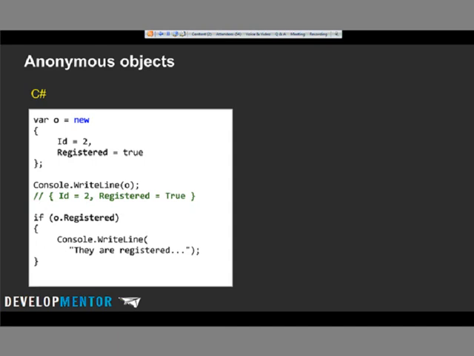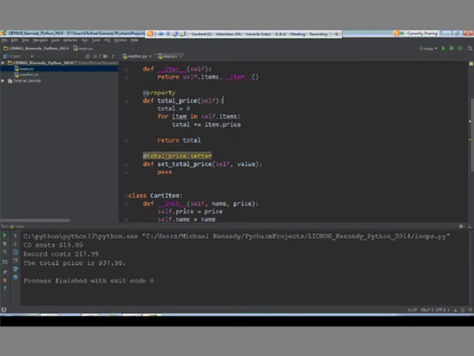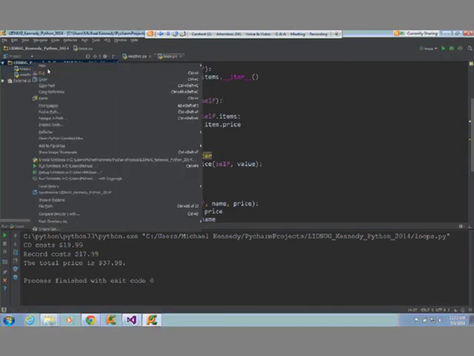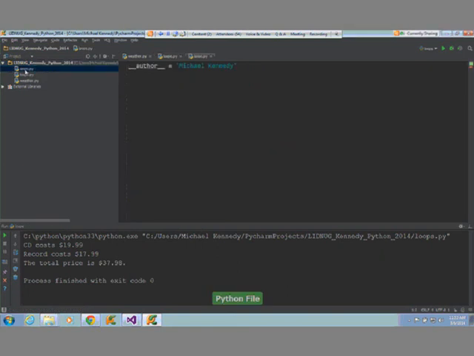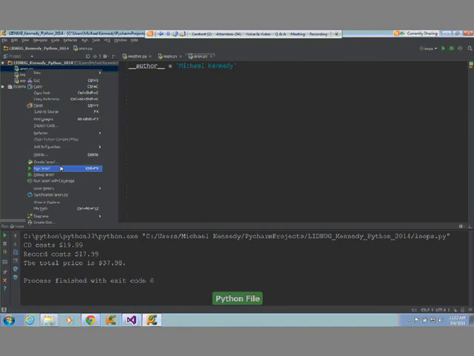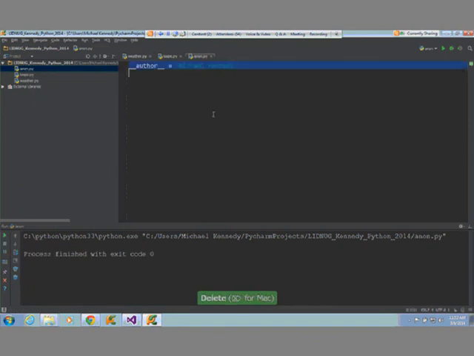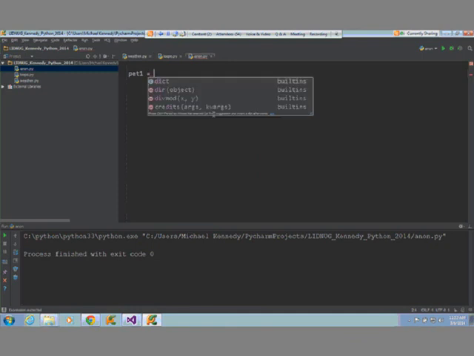So first of all, let me try to write a little bit of code here, we'll call this anon. Make it run, just do the right one. There we go. There's this cool way to work with dictionaries in here. So I could have, let's call this pet1 equals, so we can start with this.